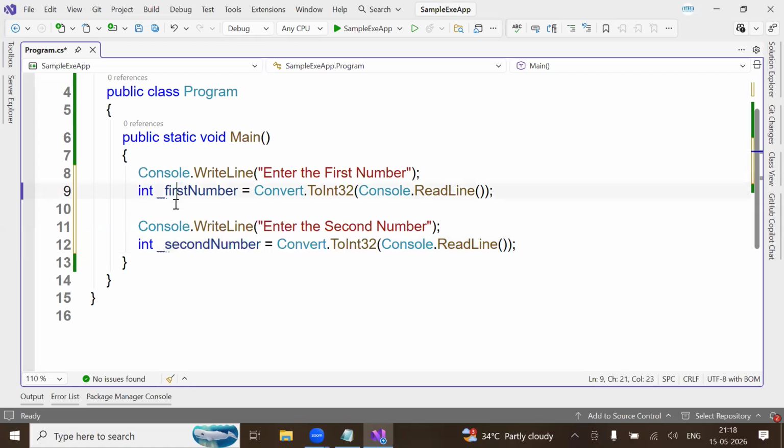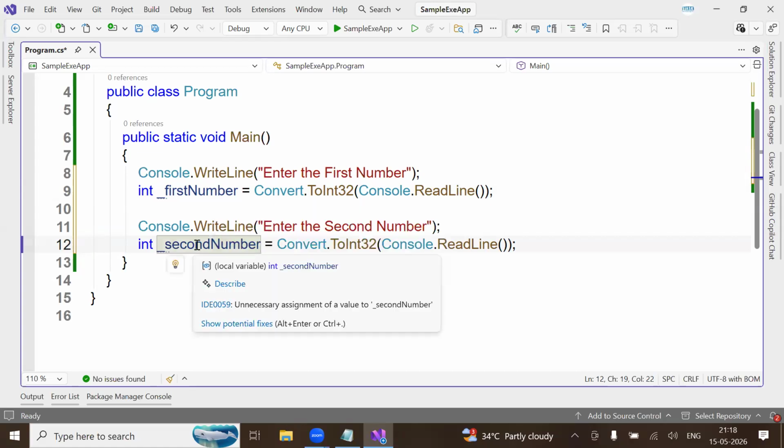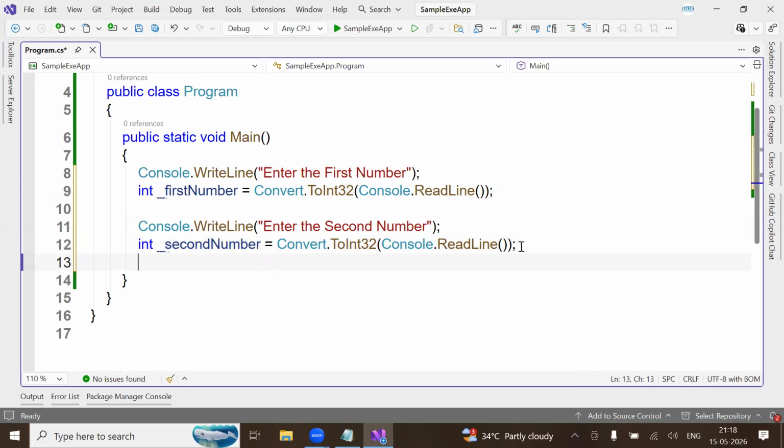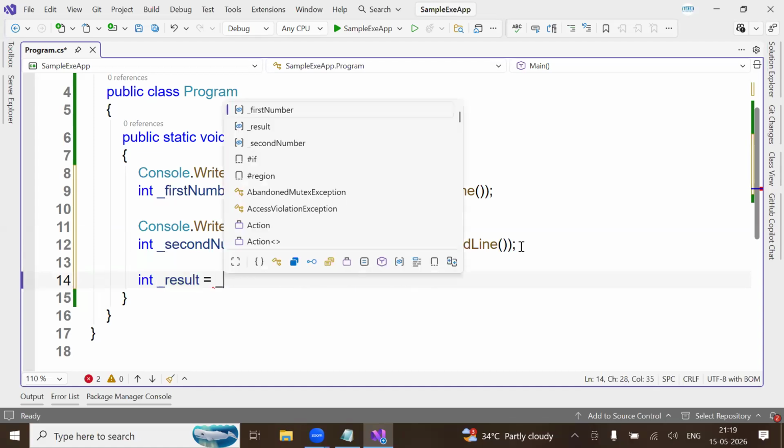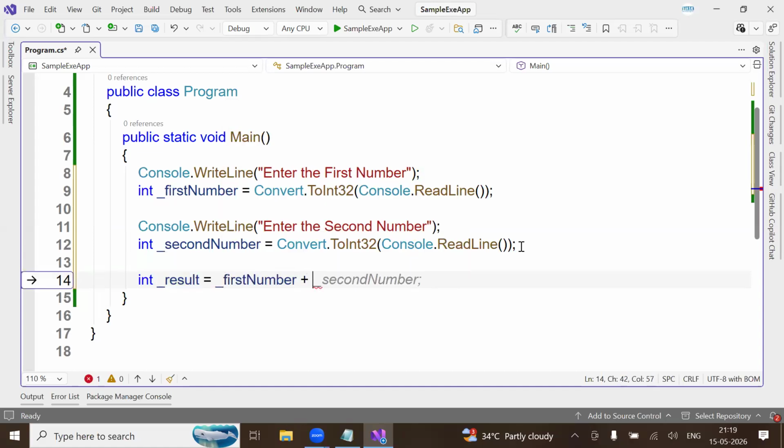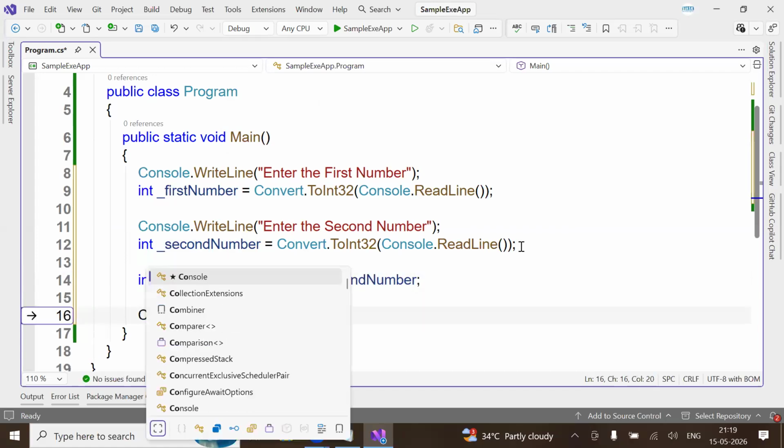Okay. User is getting a first number and second number. And with the first number and second number, you are going to collect the value from the user. Once you collect that, you need to create int result. I want to add these two numbers. Result equal to first number plus second number. Okay, finally, console dot